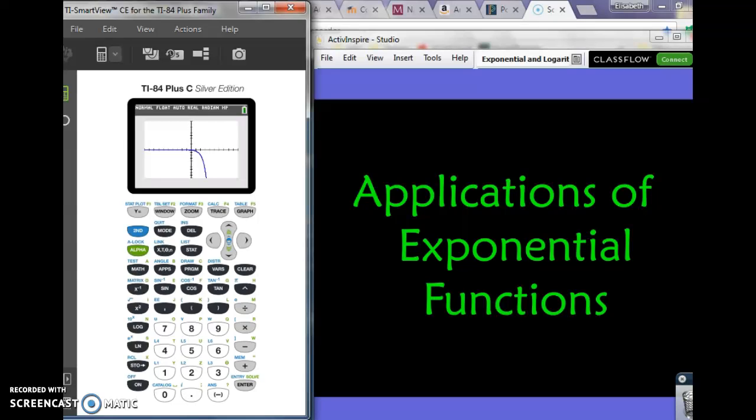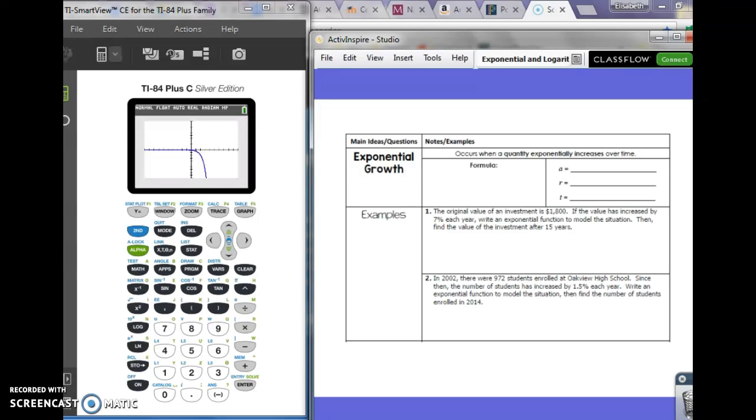On Friday, we talked about graphs of exponential functions. So today we're going to talk about some applications of exponential functions, primarily interest earning formulas. So exponential growth occurs when a quantity exponentially increases over time. And the formula that you're going to want to think about is y equals a times 1 plus r raised